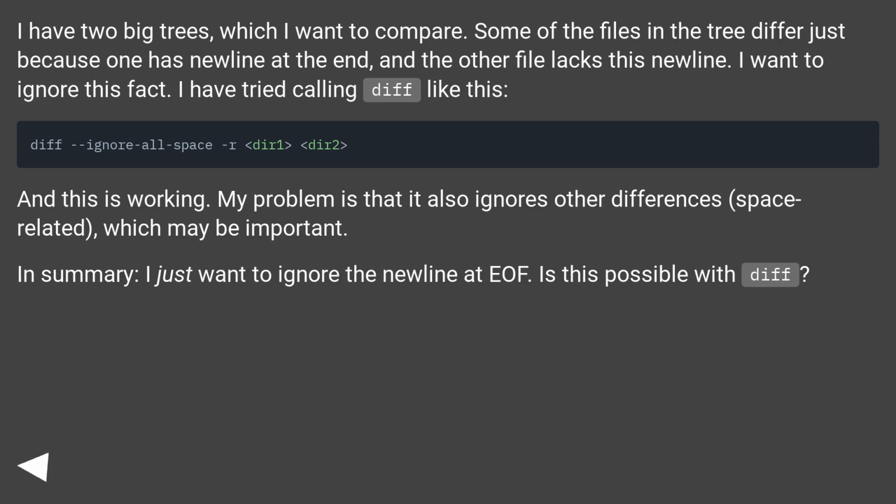I have two big trees which I want to compare. Some of the files in the tree differ just because one has a newline at the end, and the other file lacks this newline. I want to ignore this fact. I have tried calling diff like this,